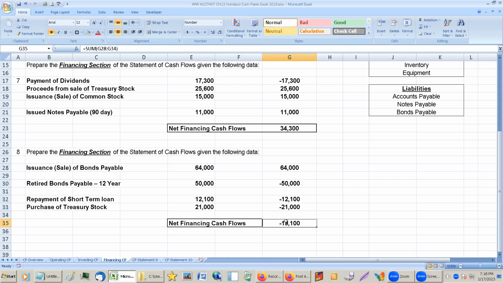Generally speaking, you want the investing section and the financing section to kind of go together. One's long-term assets, the other one's long-term financing. There's a thing called the hedging principle in finance where you want to match those up. So you get long-term assets, you use long-term financing. And generally, if a company's growing, their assets will be going up and their financing will also be going up.